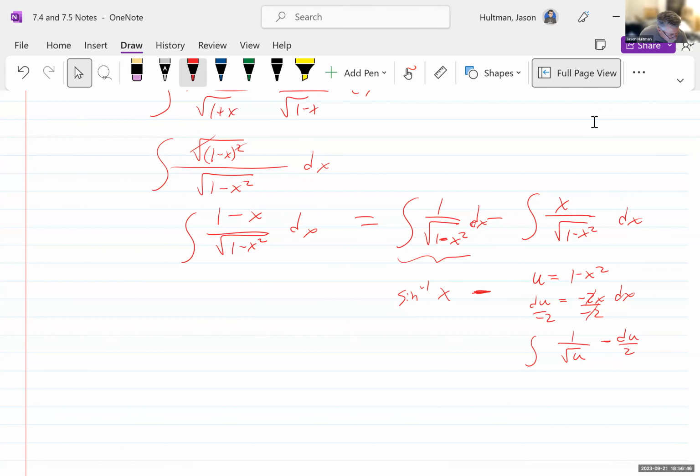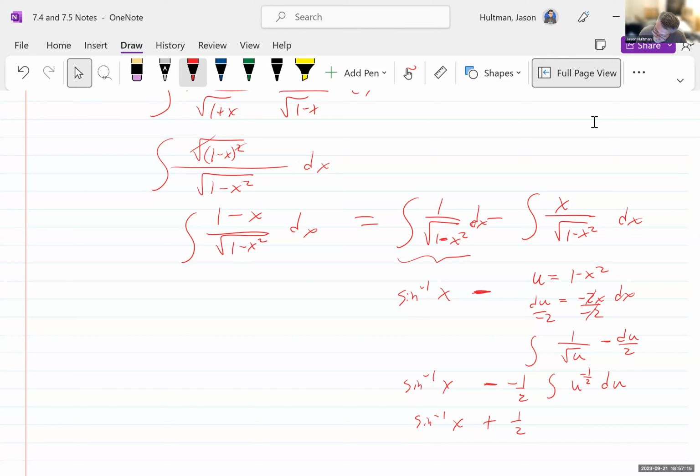Nice, nice, nice. I'll pull the negative 1/2 outside. Negative 1/2 times the integral of u to the negative 1/2 du, and a negative and a negative make a positive. So this is inverse sine x plus